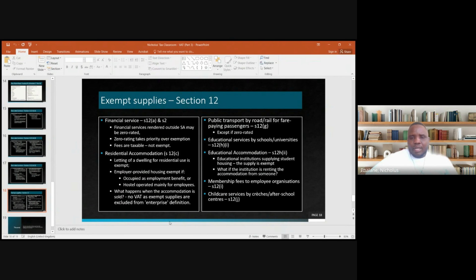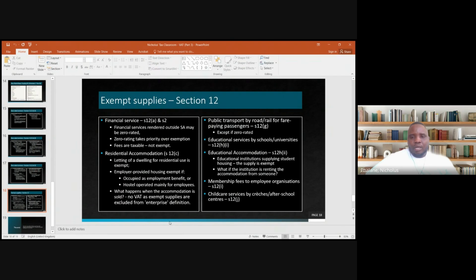All right. Educational services by schools or universities, right? These are exempt in terms of Section 12, Roman figure 1. And then educational accommodation. So firstly, we are speaking about the services, right? Now we are speaking about accommodation, because remember, universities, for example, would provide both the educational services,